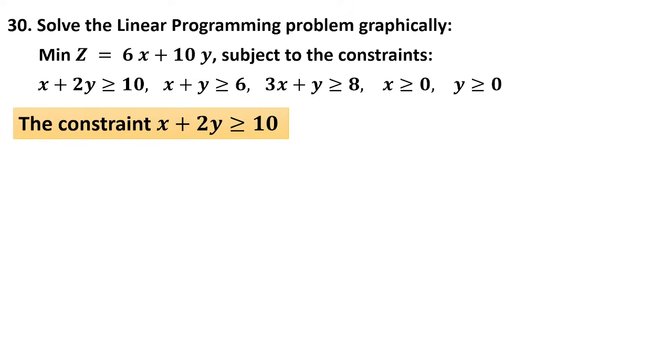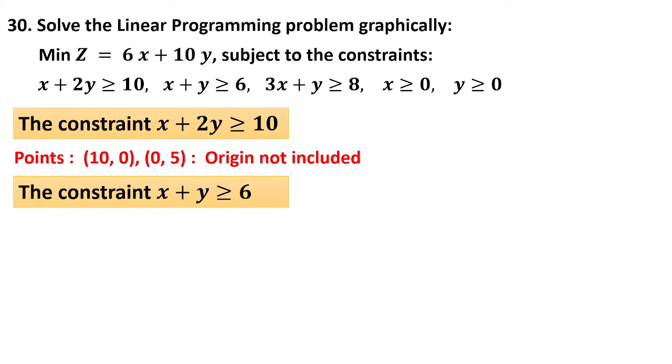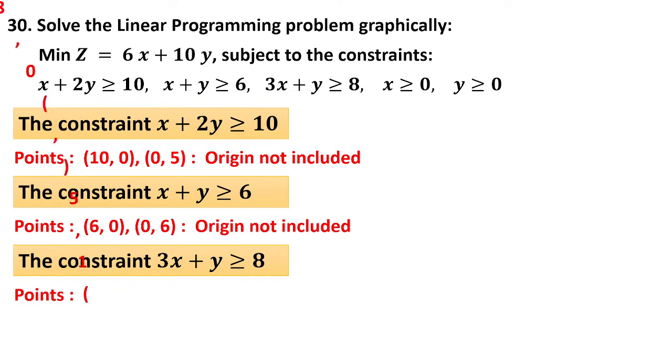Now you have been given the first constraint. You are getting the points now. Origin not included because it is greater than or equal to 10. Second one, the points I am writing. Origin not included. By putting x equal to 0 and y equal to 0 you are getting two points. And the third constraint is